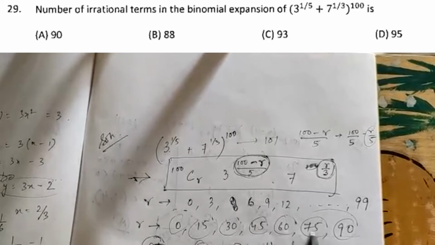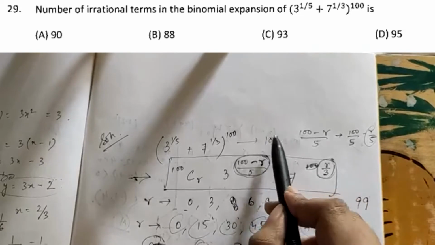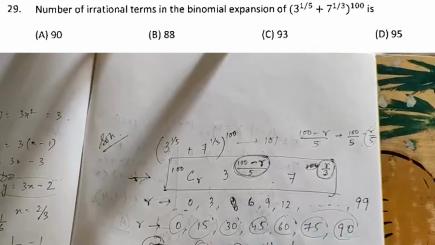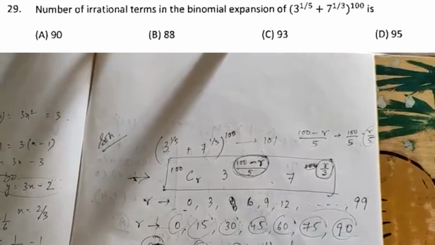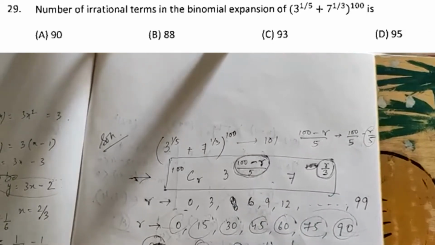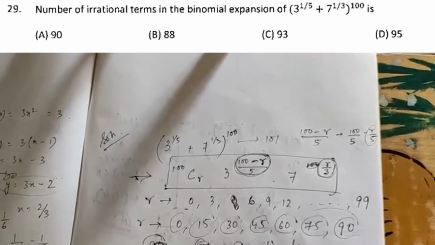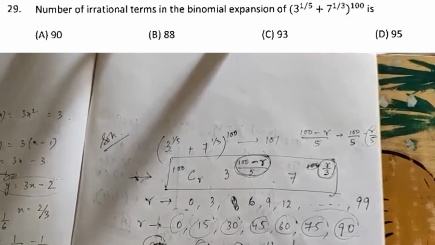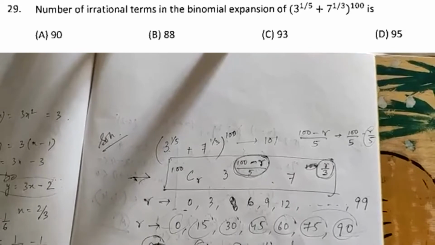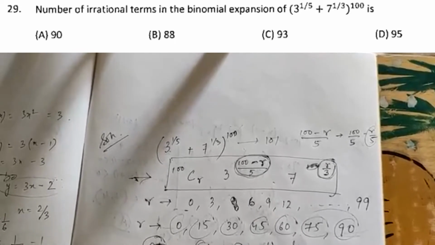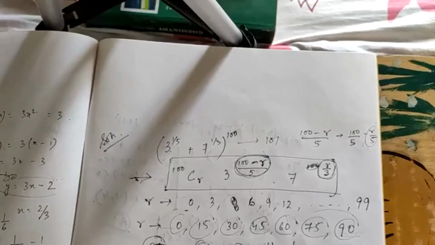We have calculated so many things for finding the rational terms, and here they are asking for the irrational ones, so there will be total 101 terms. So 101 minus 8 is equal to 93 irrational terms. Sorry, it will be 7 actually, and 101 minus 7, it will be 94. But I guess somewhere in the question it's given wrong, there should be an option of 94. Correct answer will be 94 irrational terms. Okay, I think they have missed the options.